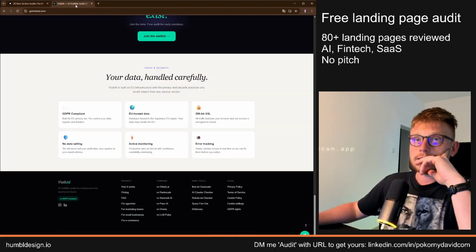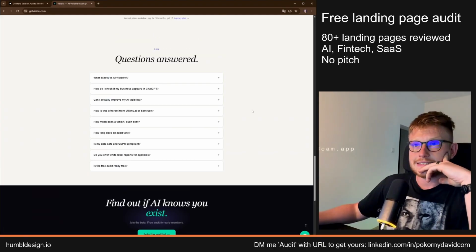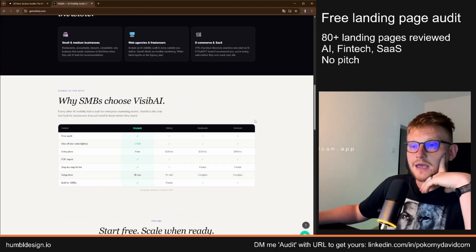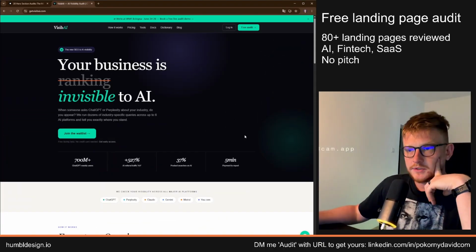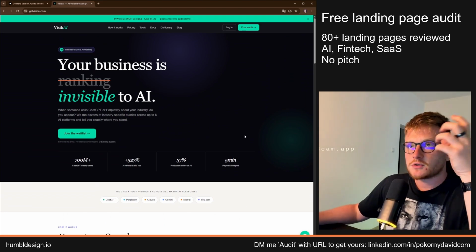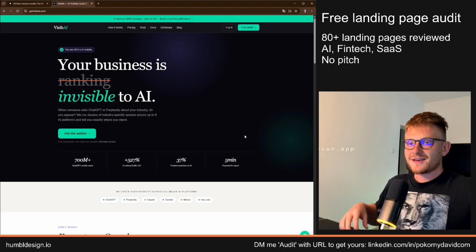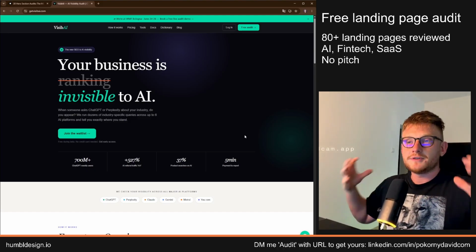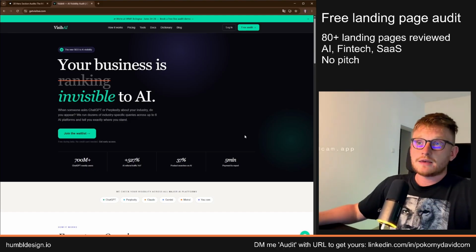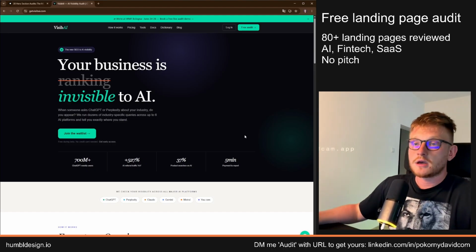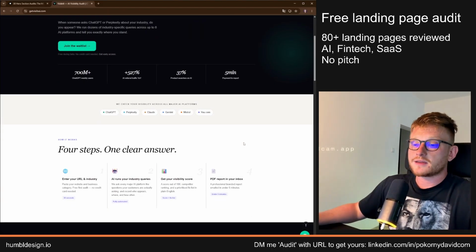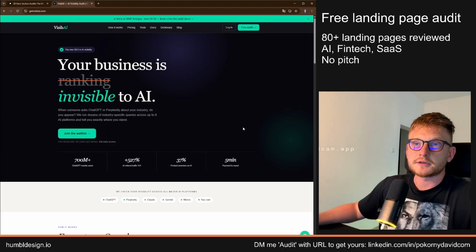But overall, the design system is really nice. It doesn't scream AI or vibe coded that much, which is really good. And right now, you just need to really focus on the visuals. Sorry, such a hard word to pronounce. You need to add visuals. Okay, once you do that, you can move on to the next stage, which is better copy, better content, but it's really hard to sell without the actual examples.